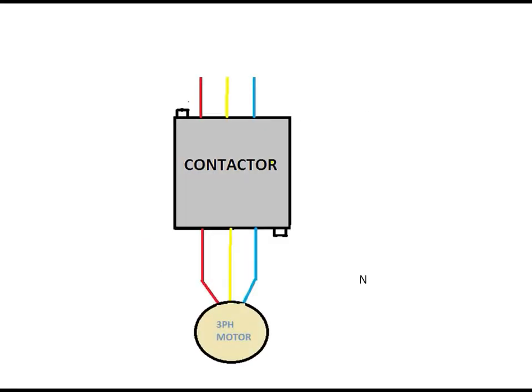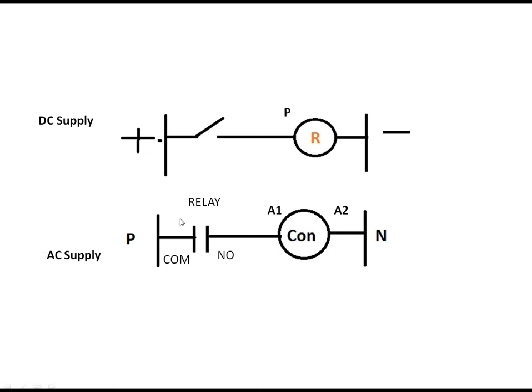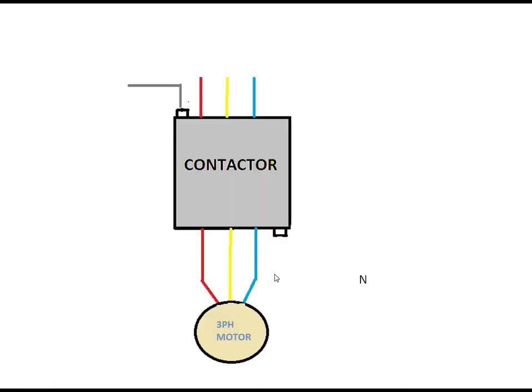See guys, here I have taken one contactor. This contactor looks like this. The contactor has three phases, that is the RYB phases, and here the contactor has A1 and A2 terminals, where this represents phase and this represents neutral, as I have shown here. So the contactor has phase and neutral, which means the coil gets activated. Now we have to give supply to this coil, this wire, and only then will the contactor activate and your motor will turn on. So this is the basic of your contactor: the contactor has A1 and A2 terminals, this is phase, and this is neutral.